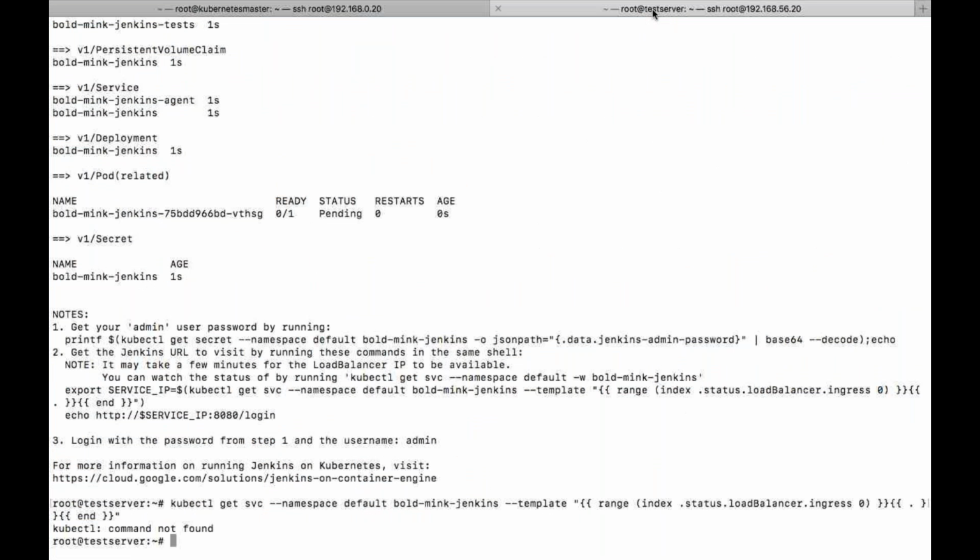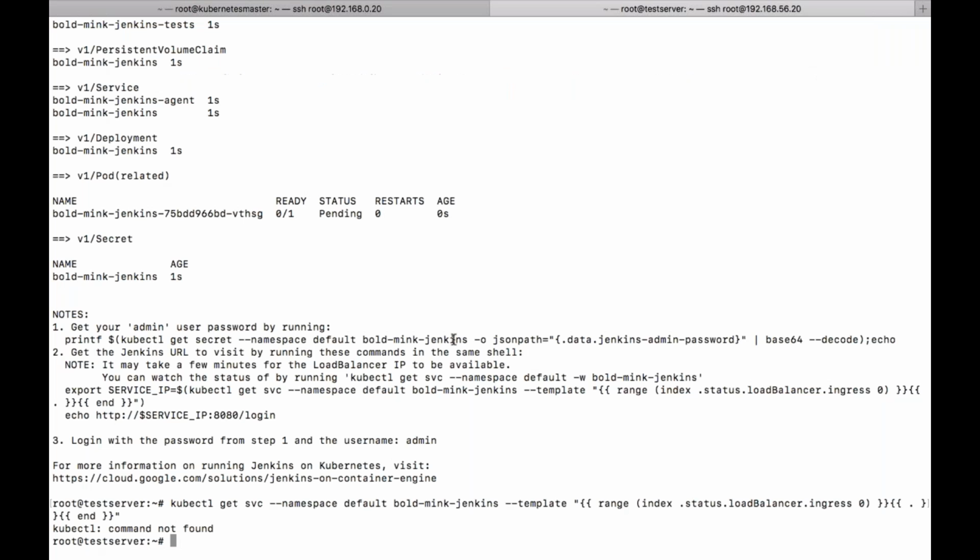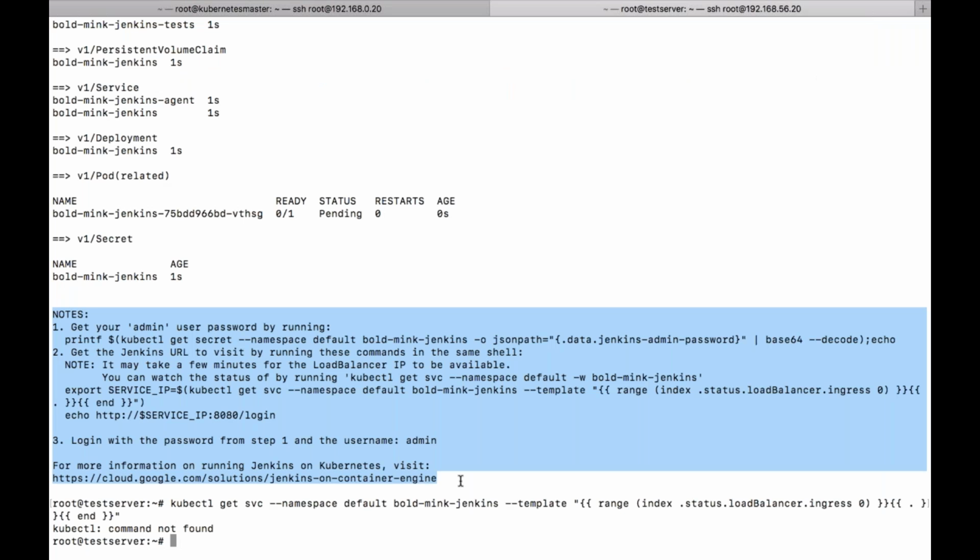But anyway, here it will show you what it has done, and it will tell you what needs to be done: how to access your pod, how to see the passwords, how to log into the URL. Everything it will explain in detail.